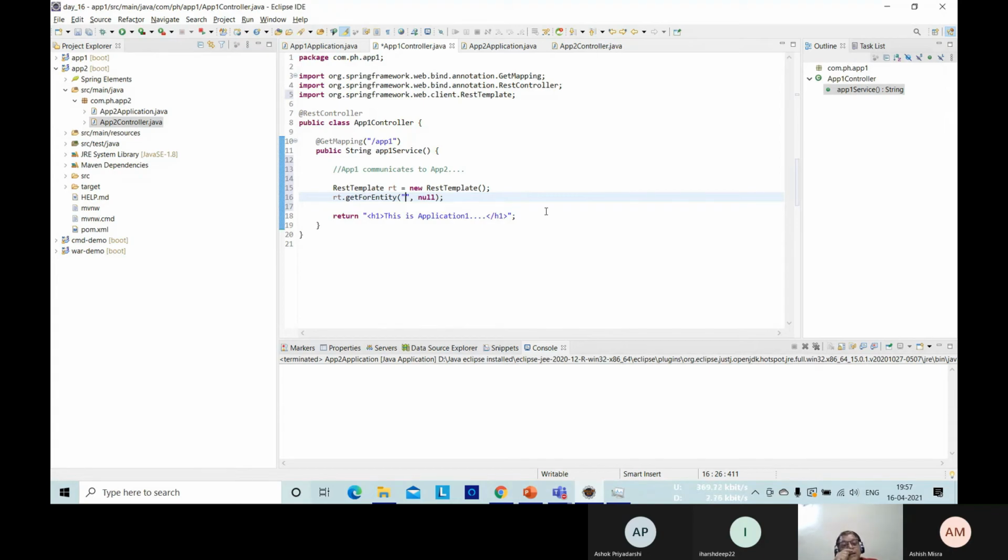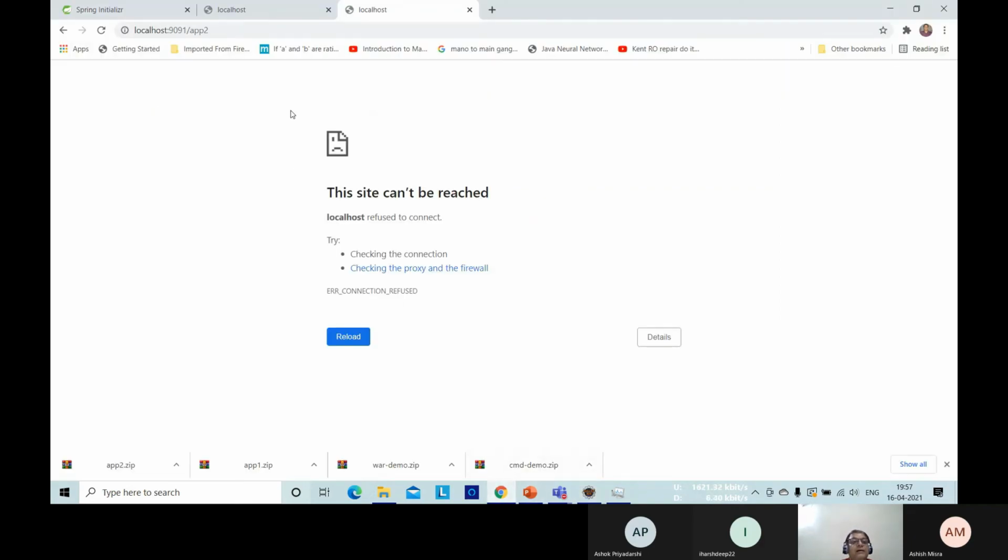What was my task? API 1, application 1 wants to communicate with application 2. So we have to get the address of application 2. This is the second application and this is the first application. Right now both applications are closed.